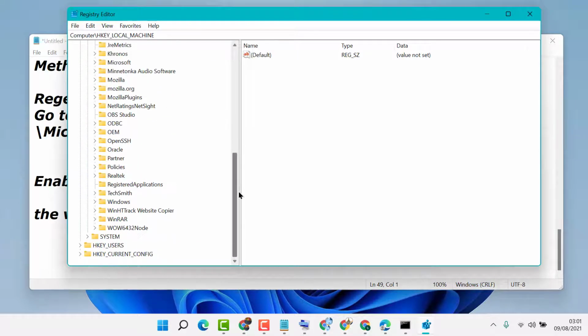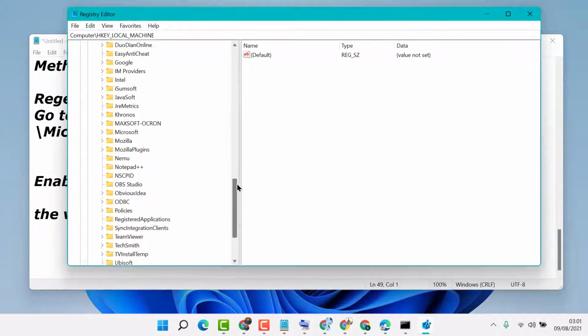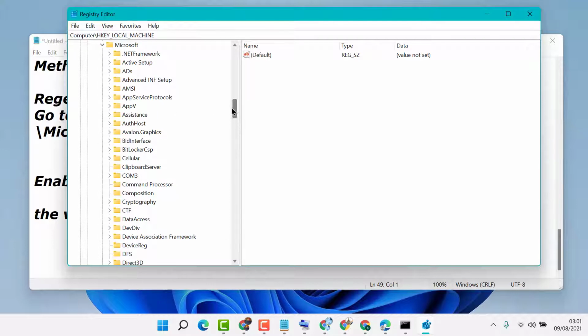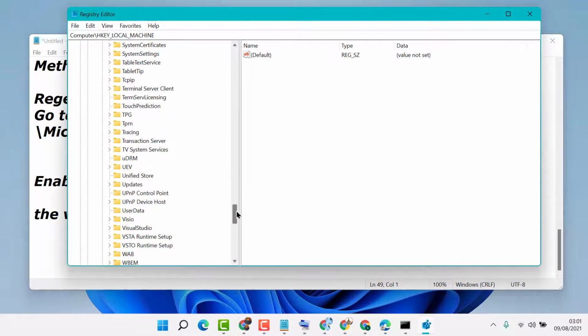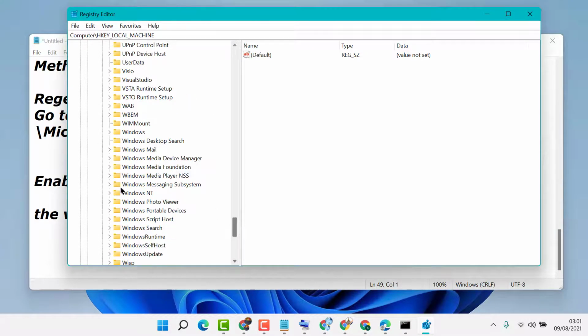Now scroll down, expand WOW6432Node. Now in this list expand Microsoft. In the last you will see Windows Media Foundation, so expand it. Now double click on platform.